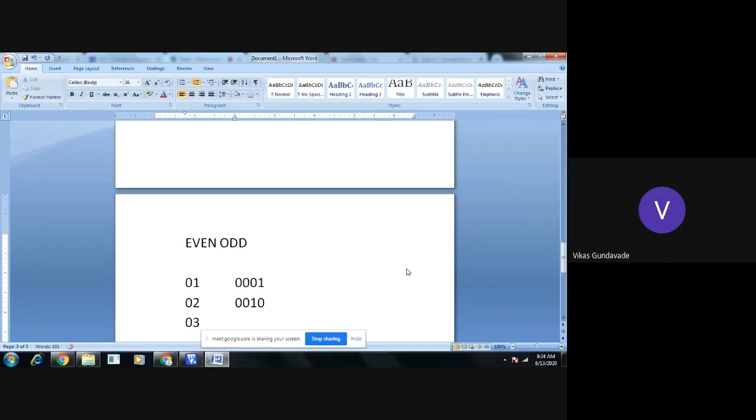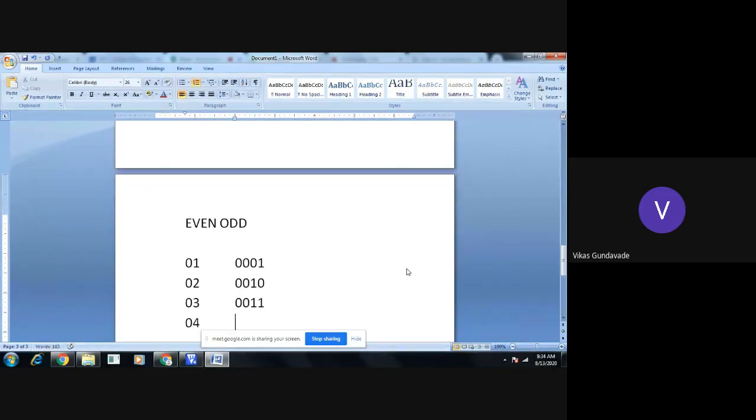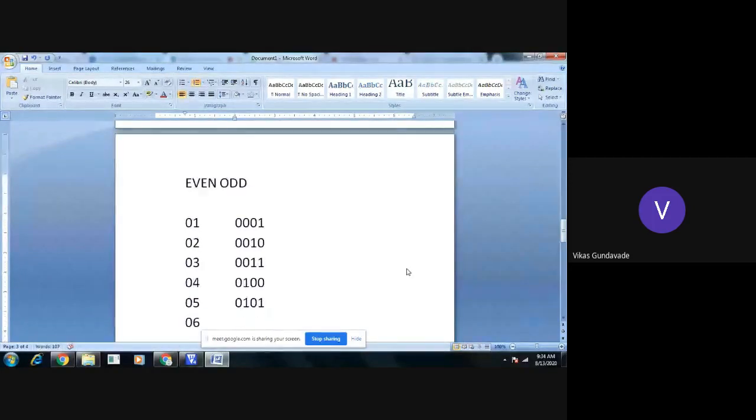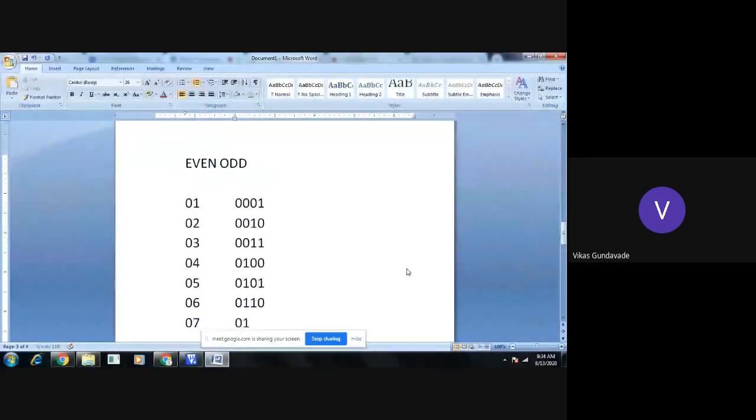For 3, 0011. For 4, 0100. For 5, 0101. For 6, 0110. For 7, 0111. For 8, 1000. For 9, 1001. Then for 10, that is A for accumulator, it will be 1010. For 11, it will be 1011.